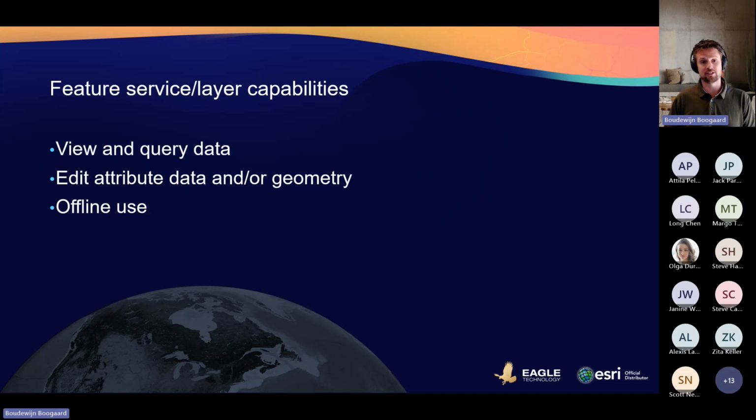And then another option is that you can use it for offline use. So what I said is a layer on the web is always up to date, but there are occasions where you need to go out in the field and where you may not have coverage, and you can actually download that data and then sync it back at a later stage when you're back in coverage.